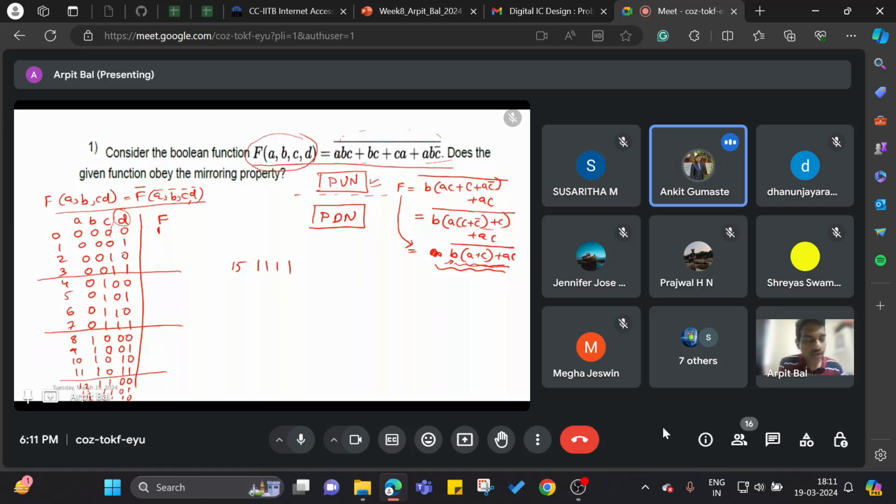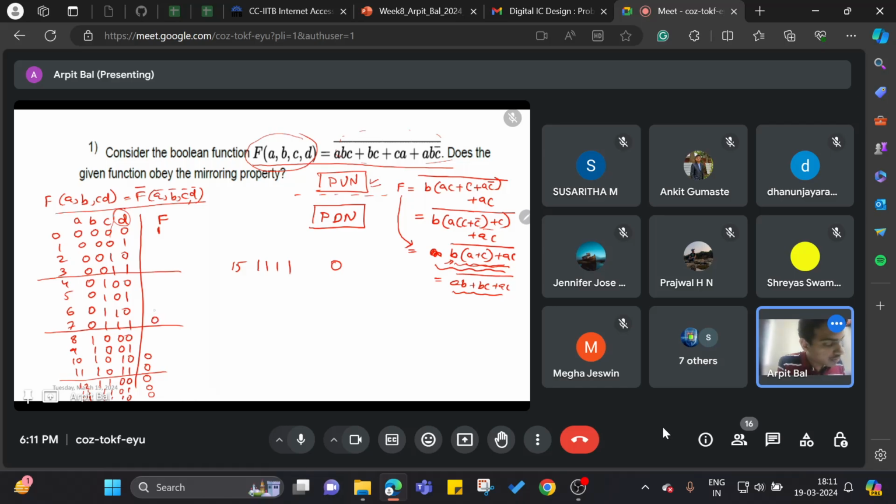Because this one translates to AB plus BC plus AC. And this tells me that if any 2 inputs at any time are high, then the function is going to evaluate to 0. So at least 2 inputs. Let me mark those points as 0. This will be 0, this is 0, this is 0, this is 0, this is 0,